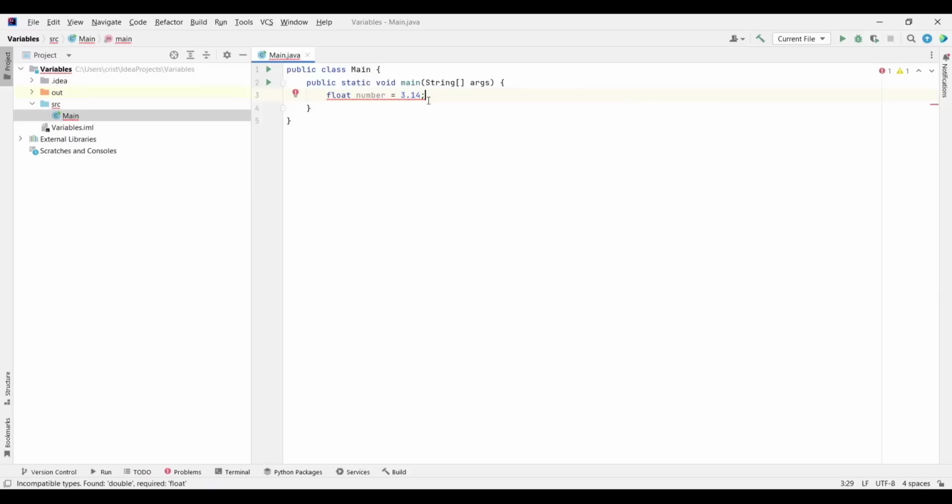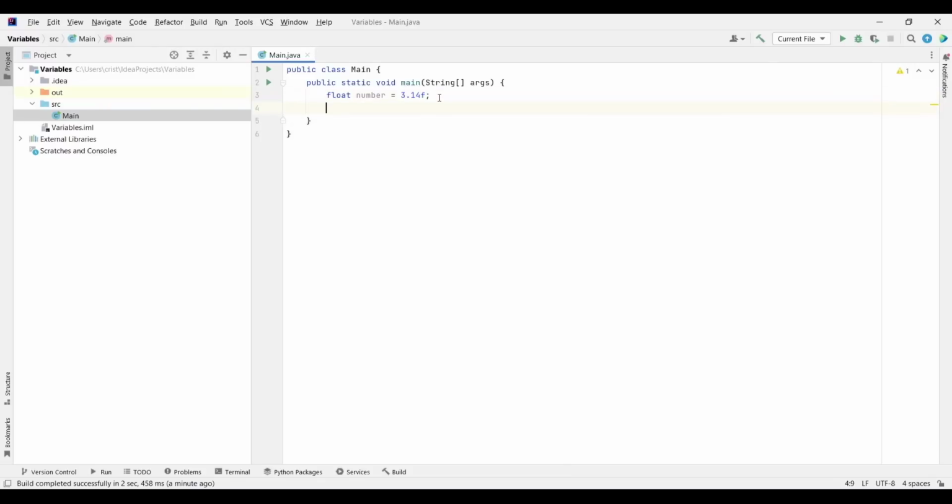So we have a similar problem as with the whole numbers, where the assumed type is an int. Here with the floating point number, the assumed type is a double. So if you don't put an f to treat this as a float, it will think that it's a double. If I delete the f, as you can see, it's thinking that it's a double. But if I put an f at the end, it will be a float, because we have our number. As you can see, it says float.